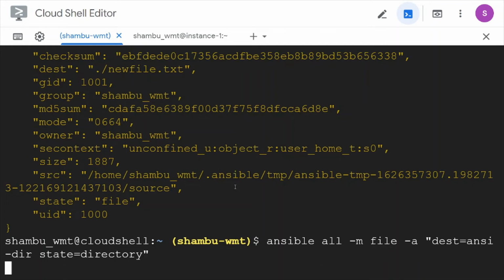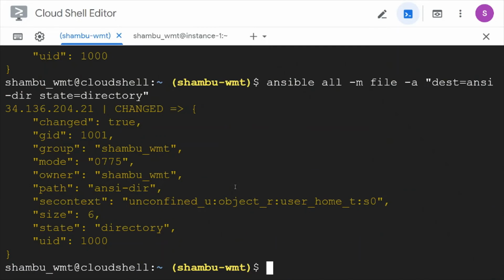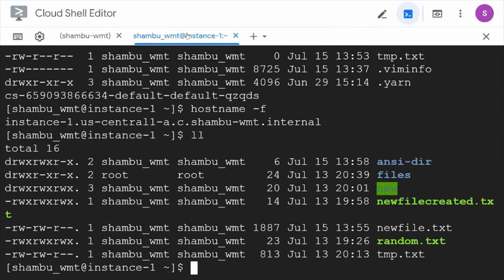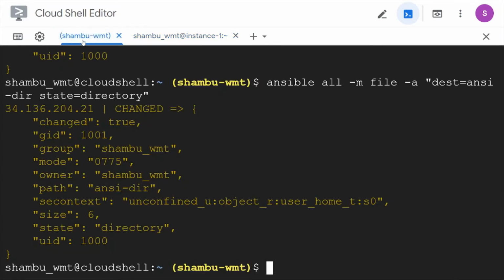This will go and create a directory inside the server. Let's see how it goes. Okay, it is created as a directory. Let's go inside the VM. If we list, ansidir is created. So we can create files and copy things. These are the most common tasks we used to do.